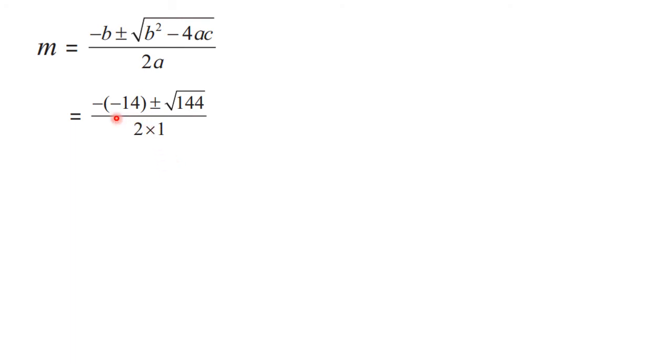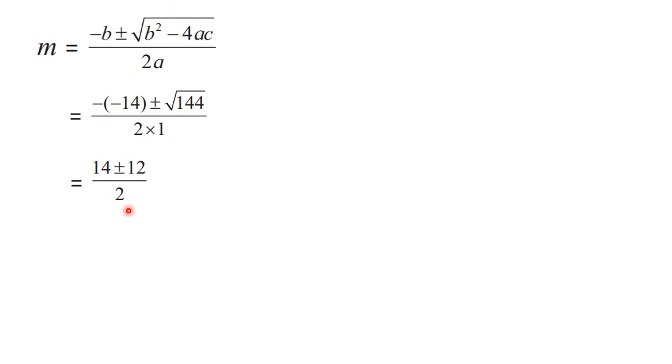Now this minus and this minus is going to give you plus 14. And what more you can observe is 144 is a perfect square. It's a square of 12. So in next step, we can remove the square root sign and in place of that, we can write down 12. See, this minus into minus has become plus 14. Plus or minus as it is. 144 is square of 12. So 12 is written here and 2 into 1 is 2.